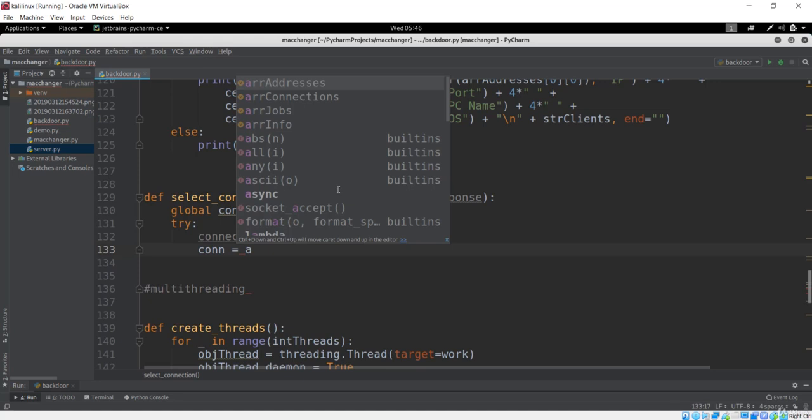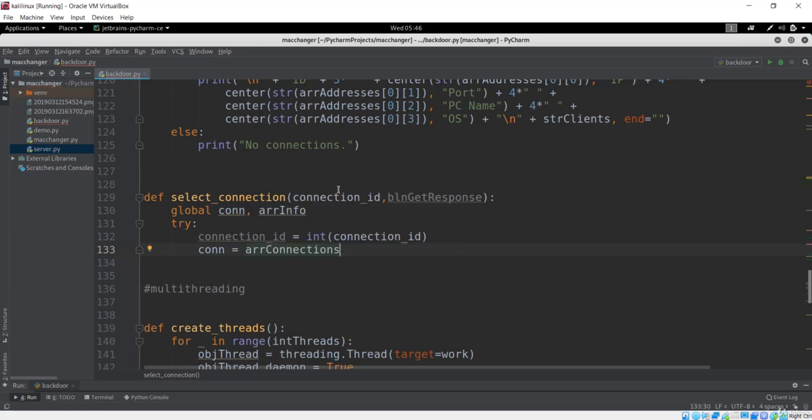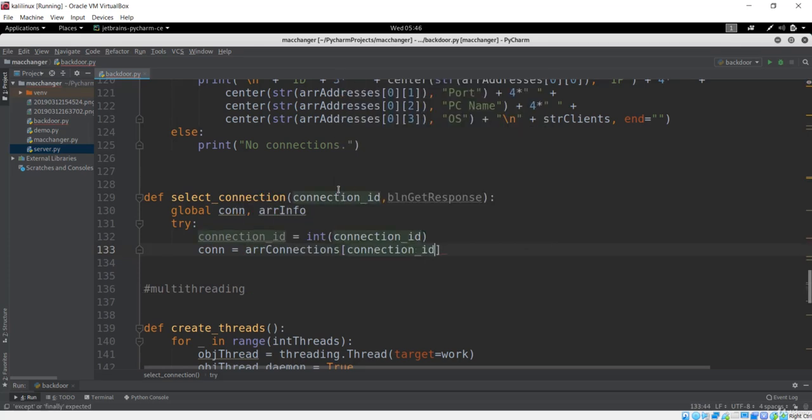Next thing is I want the connection. If you see, we have this array connections, and I want that. If I just see here, you can see what I have just done. I am getting the connection which is specific to a particular client. You can think of it this way: there may be a list of connections, maybe 1 2 3 4 5, but in our case it starts with 0. So there may be this list of connections that is going to connect to the server.